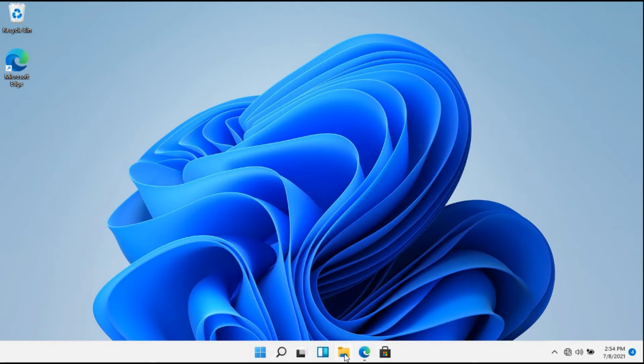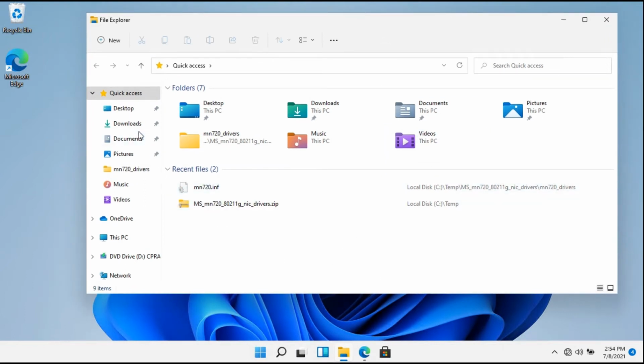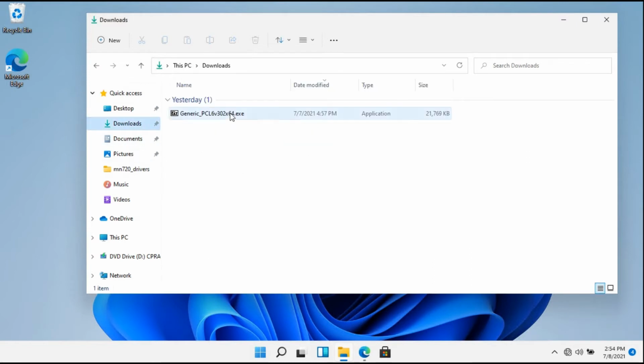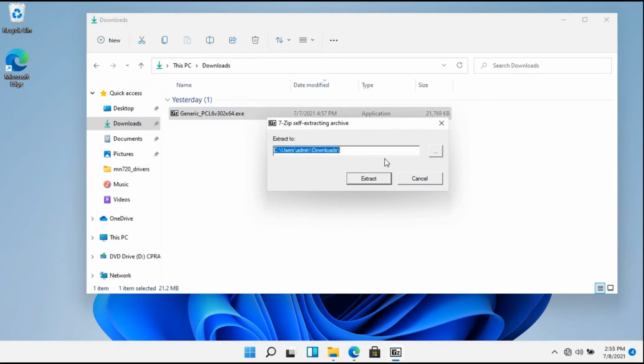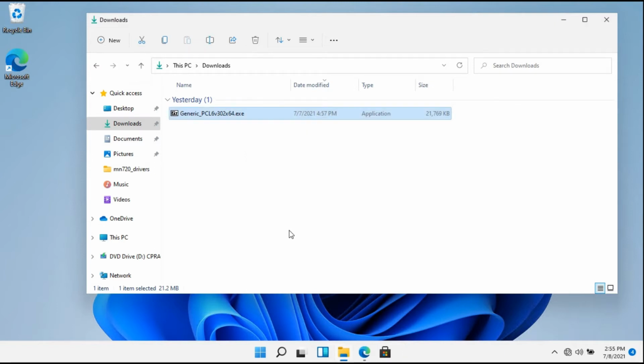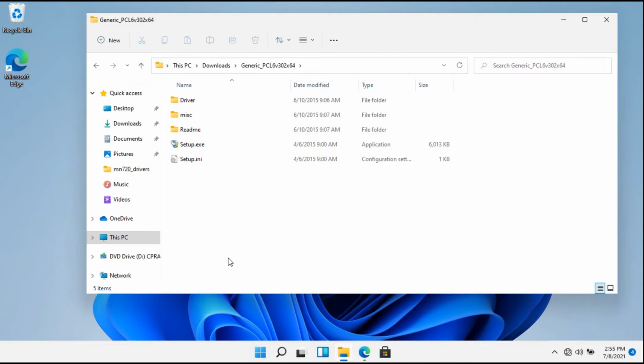So I'm just going to go ahead and click on the File Explorer icon, and this is the Windows Explorer. I'm going to go to my Downloads folder, and here is where I save that executable file. So I'm just going to go ahead and double click that, and it's asking me to extract some files. I'm going to go ahead and just take the default location for extracting those files, click on extract, and it creates a folder right there. So let me go into that folder, and I'm looking for a setup.exe file, which is right there. That's my executable that I want to run, so I'm just going to double click that to run it